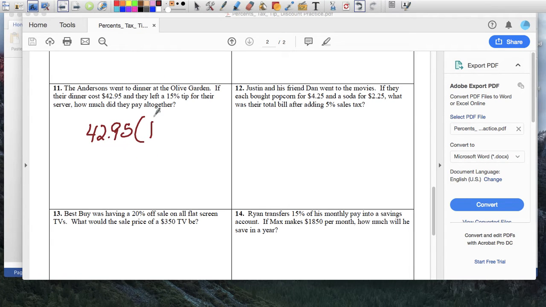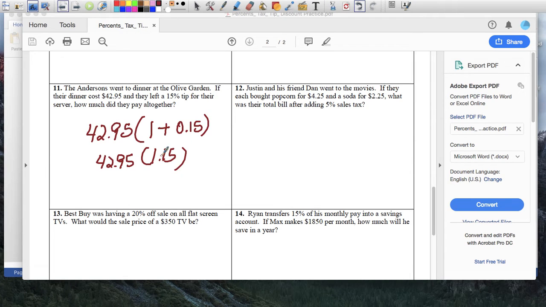And then they're also paying a little bit more, 15%, which is 0.15. So in reality, they're actually paying 1.15. They're paying their 100% plus a little bit more, 15%, which becomes 1.15 or 115%. And if we multiply by 42.95,